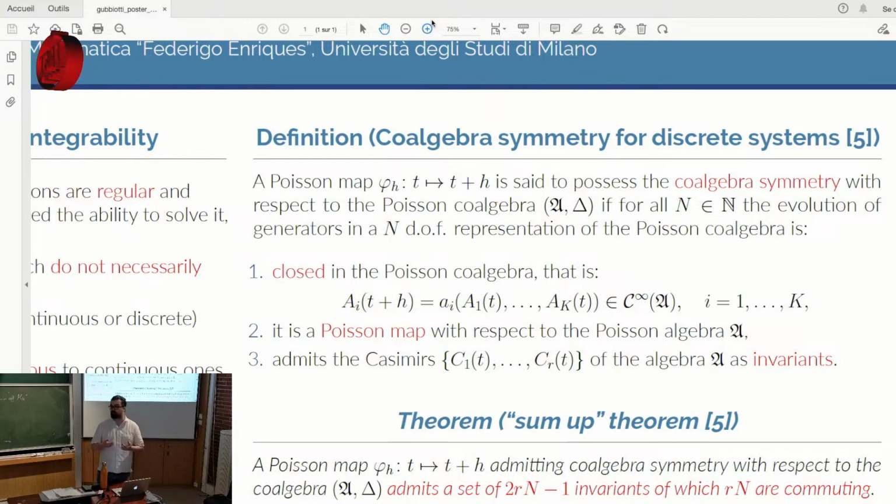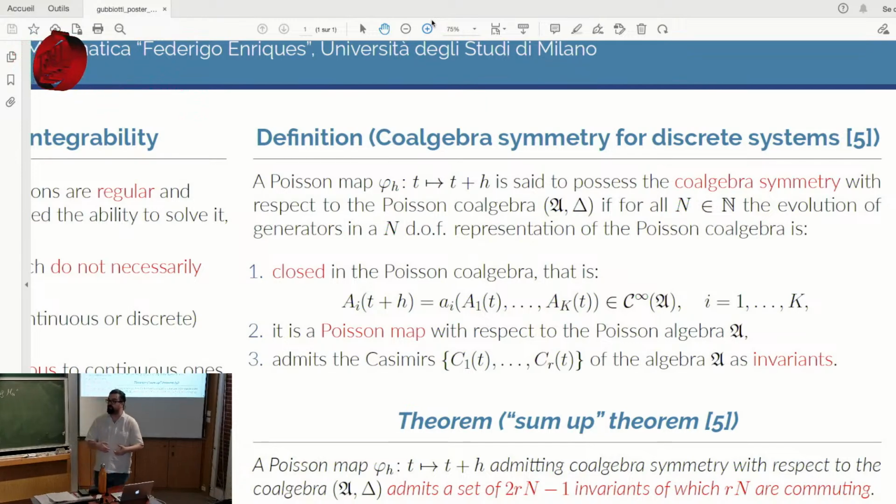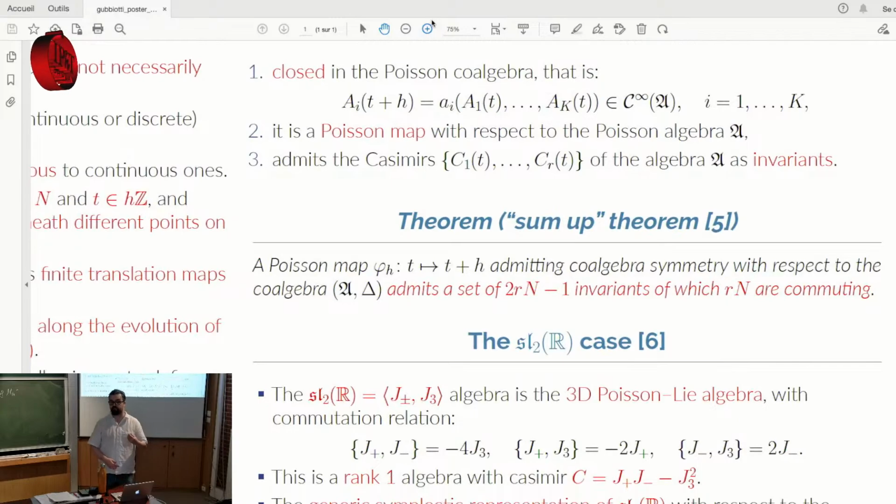We have a Poisson coalgebra again with some generators. We take our representations in n degrees of freedom, and then what we check is that this representation of the Poisson coalgebra needs to be closed within the evolution. So if I evolve my map and evaluate it on the generators, which are now real functions because we are already using the representation, we check we are still inside. We check that it is a Poisson map, and we check if it preserves the Casimirs. If we have these three conditions, then we can claim the same general result as in the continuum case, so that the Poisson or symplectic map, which is endowed with this coalgebra symmetry,